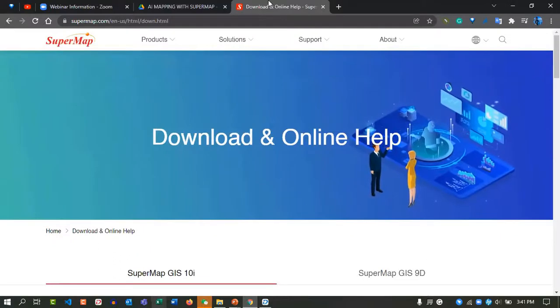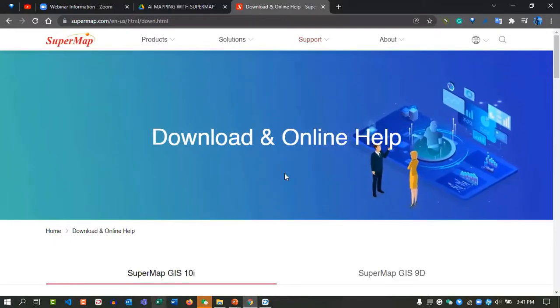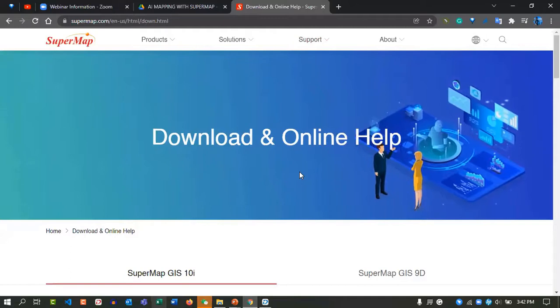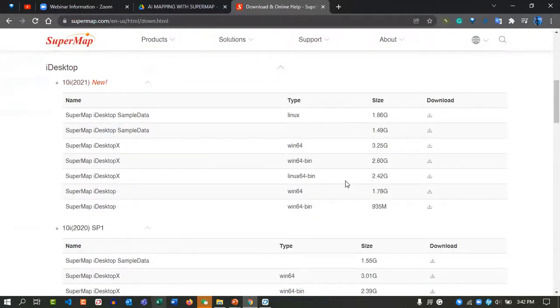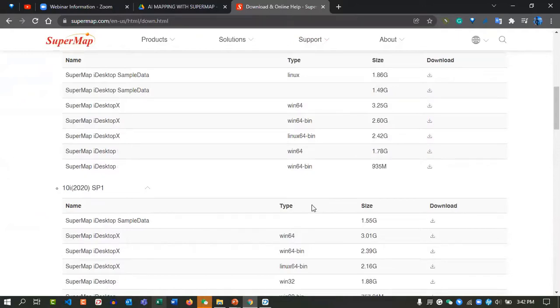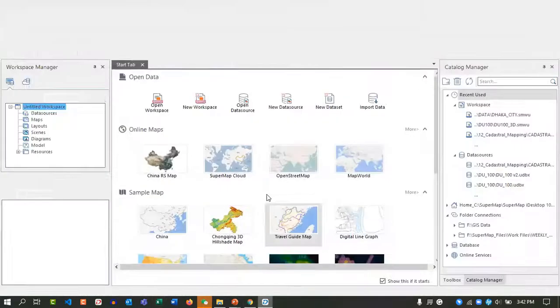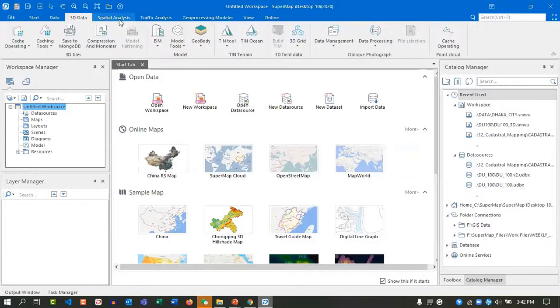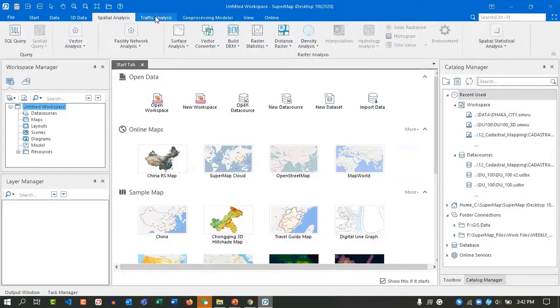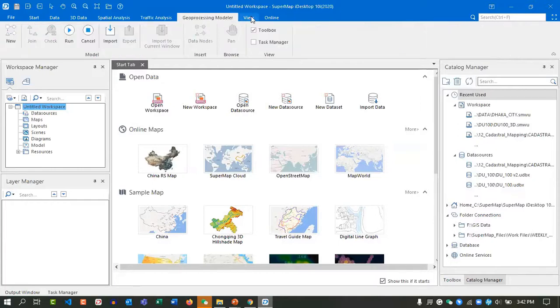So after downloading, you have to install this software. After installing, you will get a 90-day free license of SuperMap. Automatically, the license will be installed and configured to your computer. And then this is our SuperMap iDesktop. This is the simple interface of SuperMap iDesktop. And here you can see the menu bar, like start, data, 3D data, spatial analysis, traffic analysis, geoprocessing modeler, viewer,